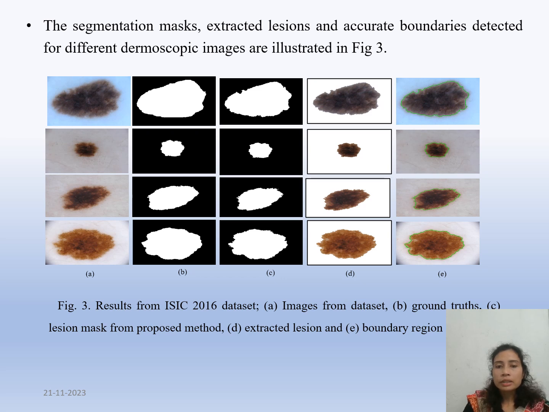A is the image from the dataset and B is ground truth, and the C column is the lesion masks from the proposed method, and D is extracted lesion, and E is the boundary region. Here you can see the green lines are the boundary detection line.